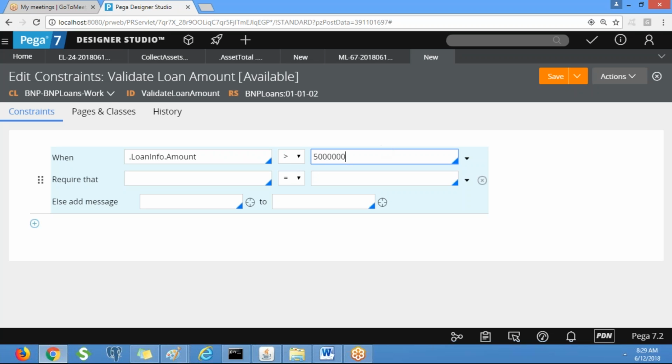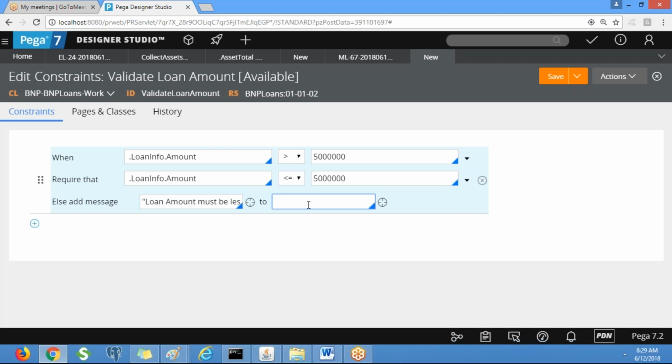Yeah. So what is our requirement actually? It should be always less than or equivalent to 50 lakhs. It is our requirement. Else, loan amount must be less than or equal to 50 lakhs.